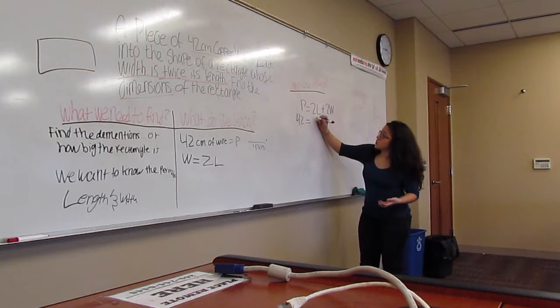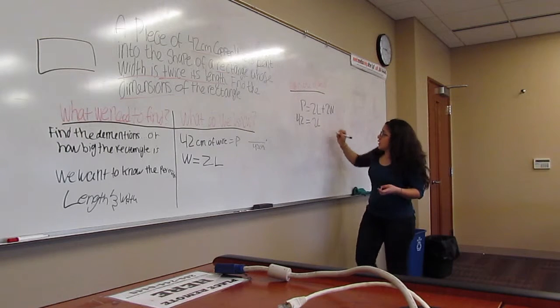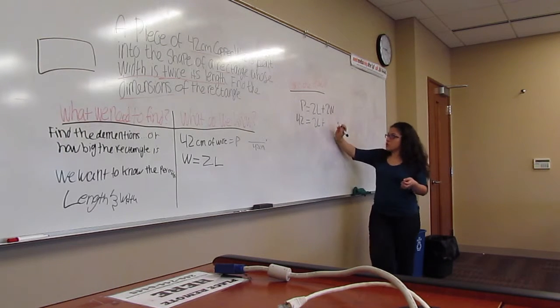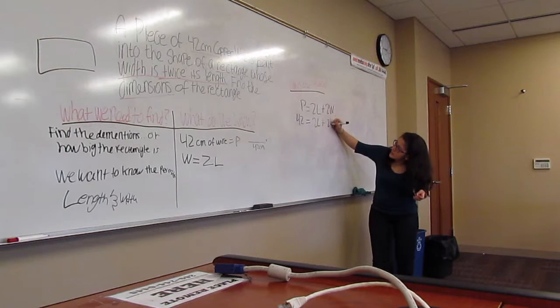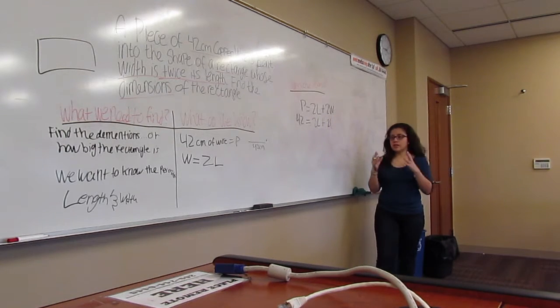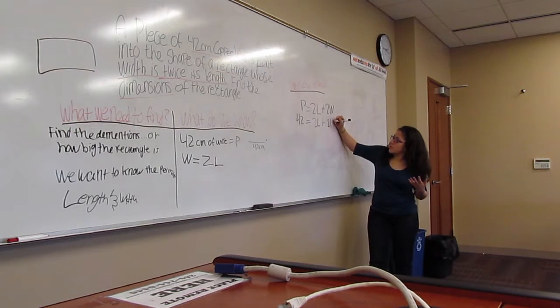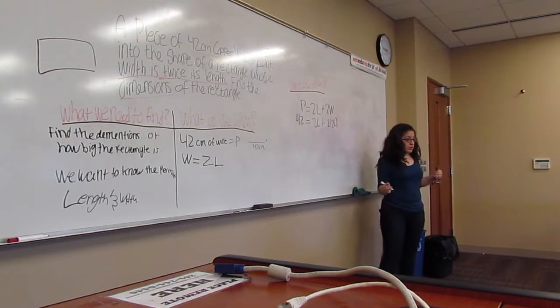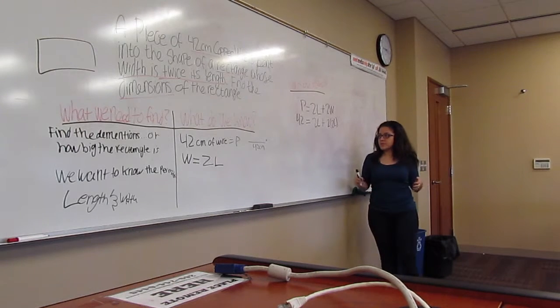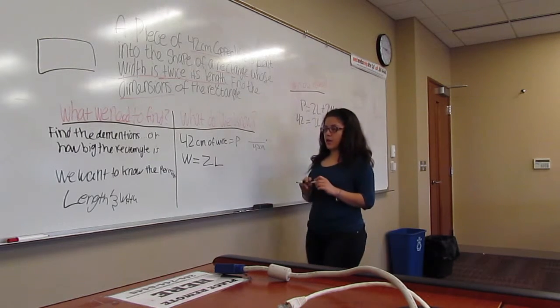Okay, perfect. So we're going to keep the 2, and we're going to use the parentheses to keep what makes up the W together. So W equals 2L, so we're going to put in 2L for the W. Is everybody keeping up so far? Perfect. So now that we have our equation,